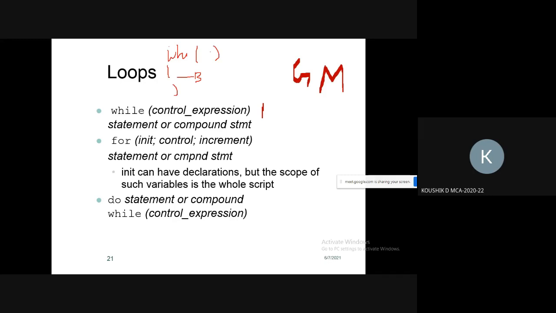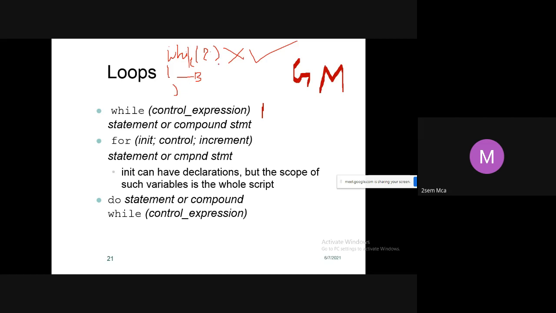If the condition is false, it will not enter the body of the loop; it will just come out of it. If the condition is true, then it will enter the body of the loop.